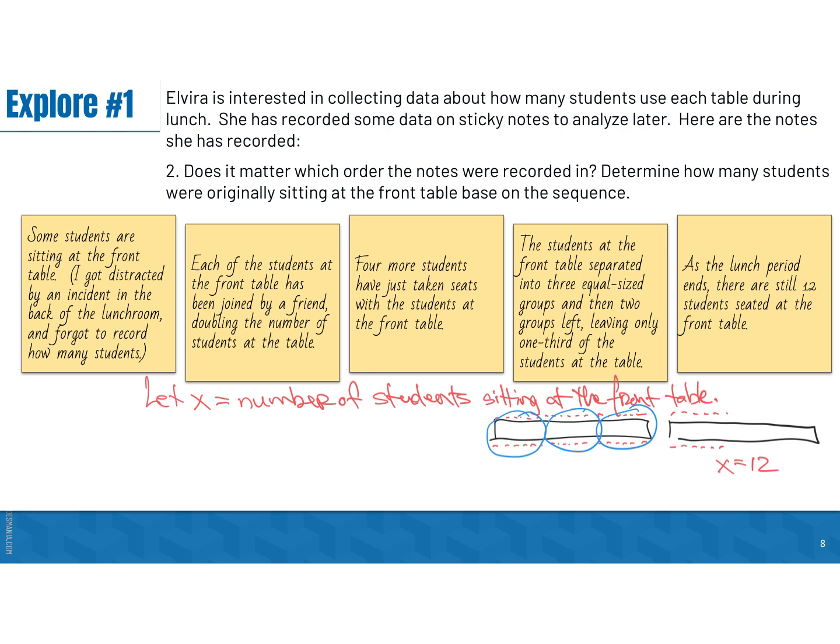So now how many students do we have? Well, we have 36. And then if we go back again, it says 4 more students have just taken seats with the students at the front table. So to go up, because we're going backwards, we need to take 4 off. So if we have our table,